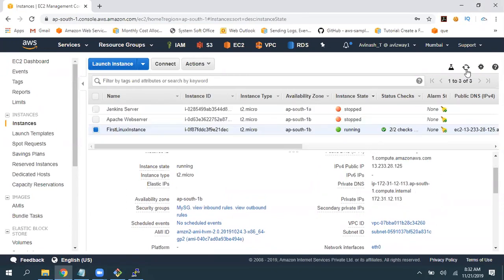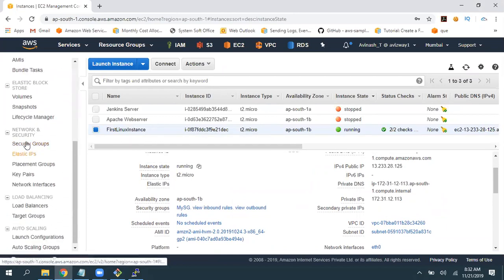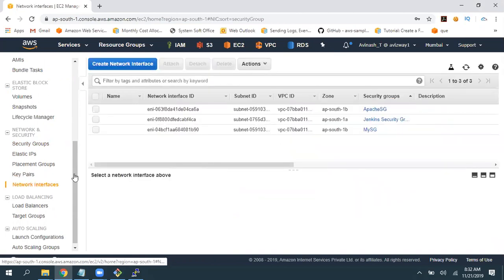I need multiple. So in that case, go to Network and Security. In the left pane, you have an option called Network Interfaces. Select Network Interfaces. At the moment, I have 3 network interfaces. For all the 3 servers, by default, you will get only one. So I have 3 servers in this region, so I have 3 NIC cards. Now, I'm going to create a new network interface and associate that to my EC2 instance. The first thing you need to take care of is that your instance and NIC card must be in the same availability zone.